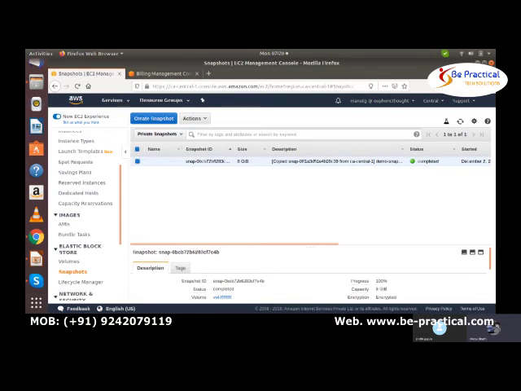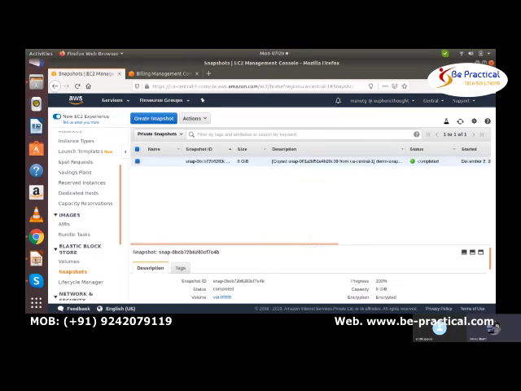So in order to share that encrypted snapshot, you have to go to the permissions and there you will share it, and after that the key with which you have encrypted, that also you need to add this account. Until then you will not be able to see it here.